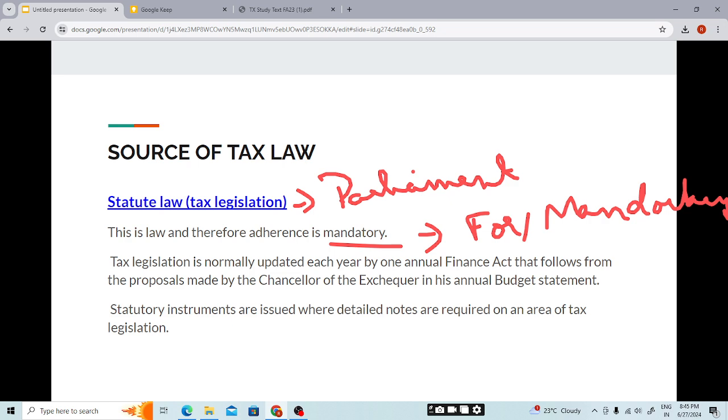There is a law in the country which you are living in and you are a resident, then you need to pay that tax because this is the law of that country. You can't escape from this. Tax legislation is normally updated each year by one annual finance act, but that follows from the proposal made by the chancellor of the